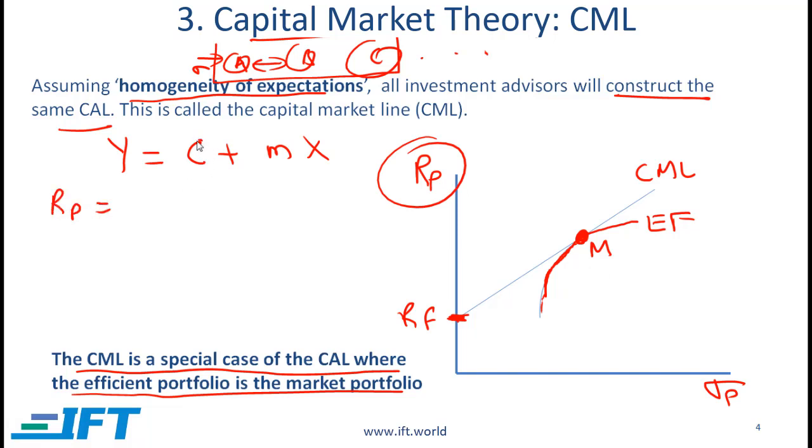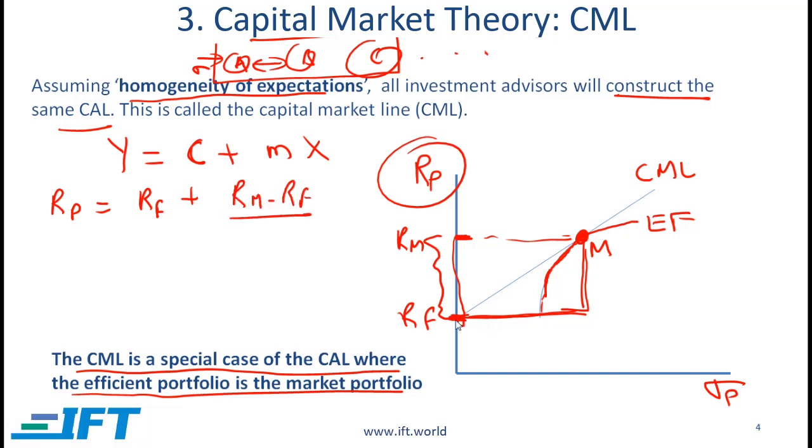This is equal to the intercept, which is the risk-free rate, plus m, which is the slope. Let's determine the slope of this particular CML line. The slope is the change in y over change in x. Change in y is this distance over here. This point represents the return on the market, and this distance then is Rm minus Rf